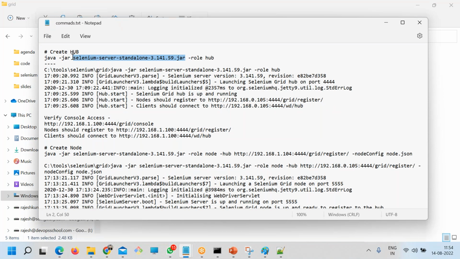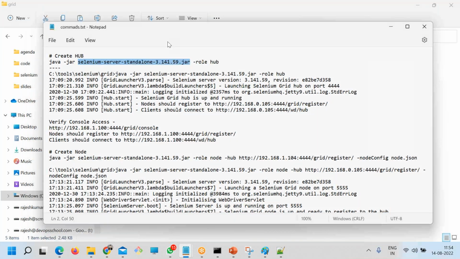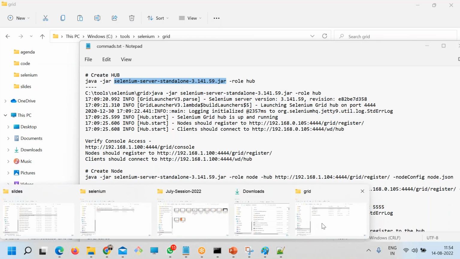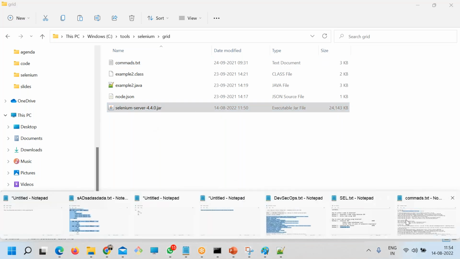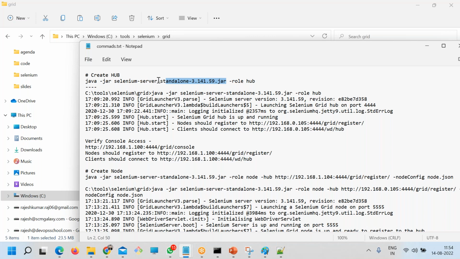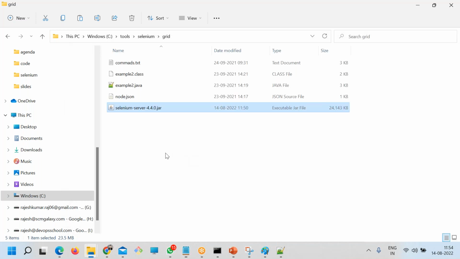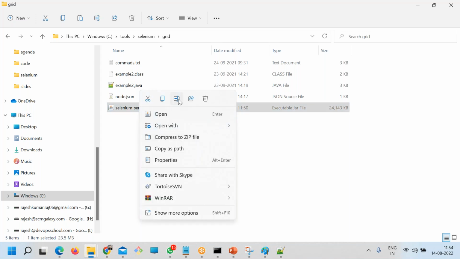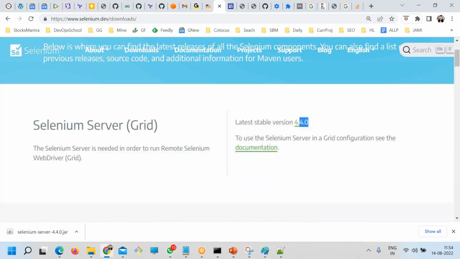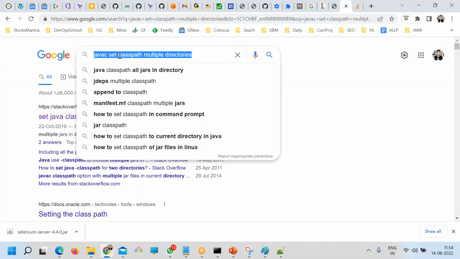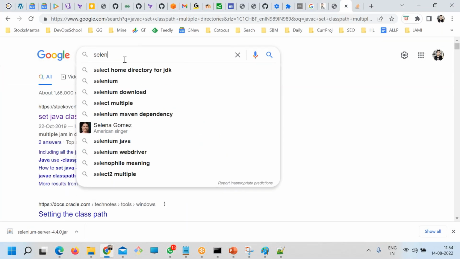this is a standalone. Okay. So what has happened, I'll tell you. So this is the one. The command got changed. Nothing has happened. Earlier, this was the server standalone. Command got changed. So here we have a grid. So no problem. I will check the new command. So Selenium